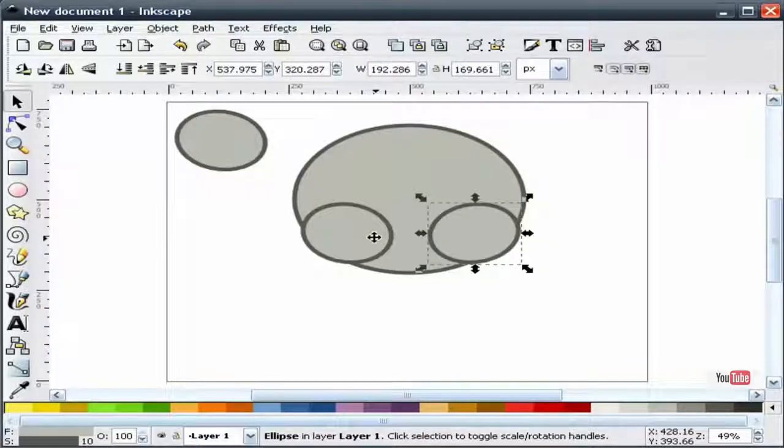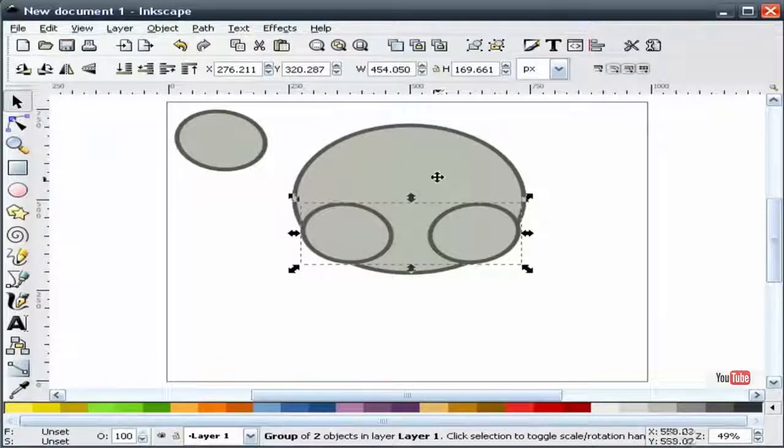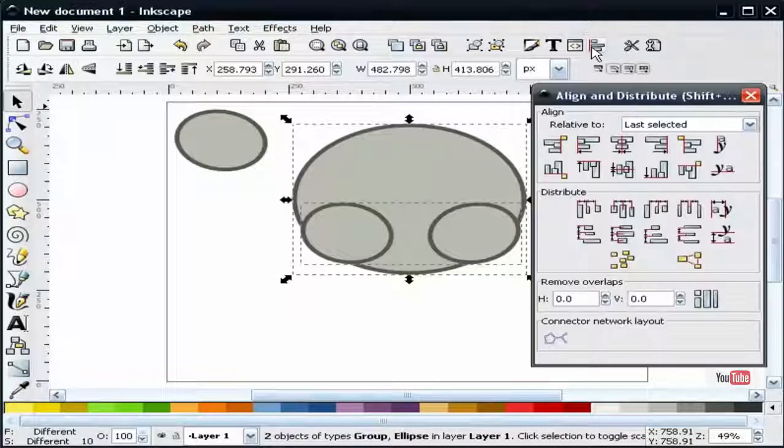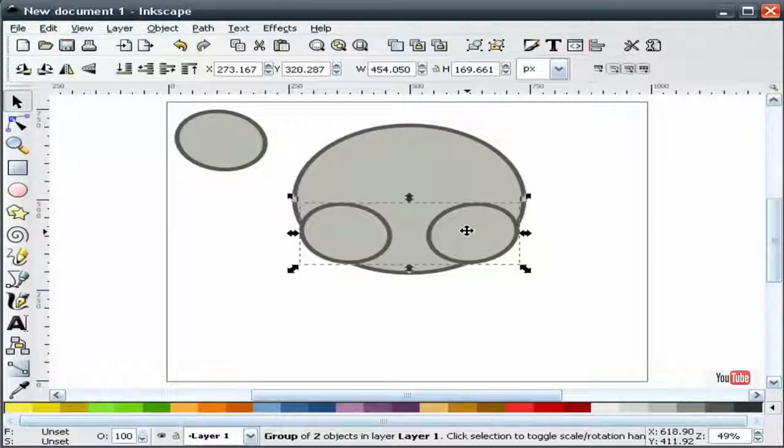I'm going to select both circles. We're going to group those together. I'll select our larger circle, and we'll align the centers. Okay, now what I can do is ungroup these smaller circles, select